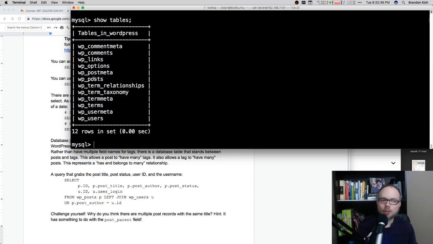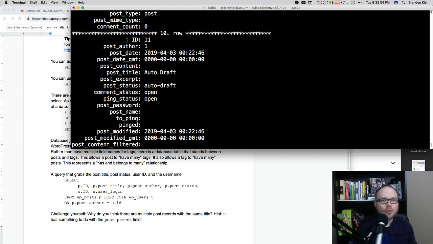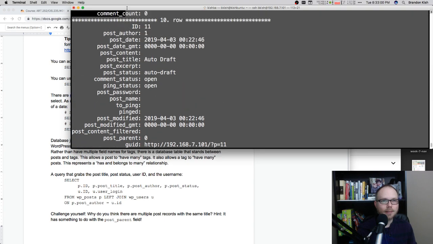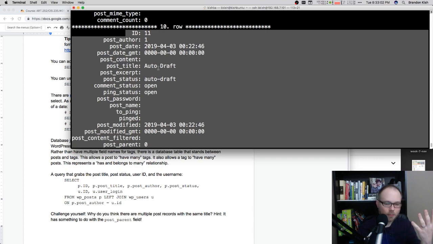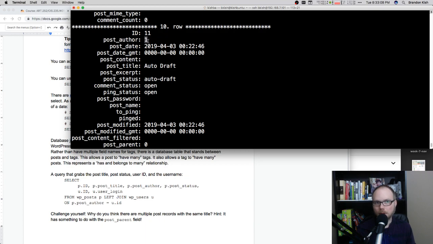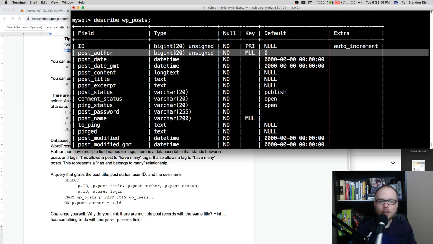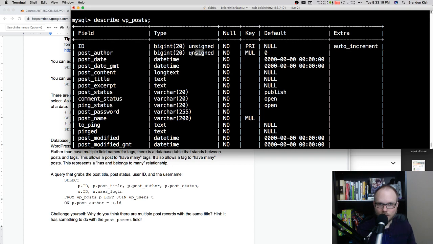one thing that I think was interesting, if I took a look at the posts, if I select star from WP posts and I do that \G, at no point in here did I see Brandon Kish or B Kish or anything like that listed on the post. But there is this post author field, and it's a number. So if I describe WP posts, I just want to point out that author is an integer. Okay? It's an integer. It can't be empty. There has to be a value. And it's labeled as a key.